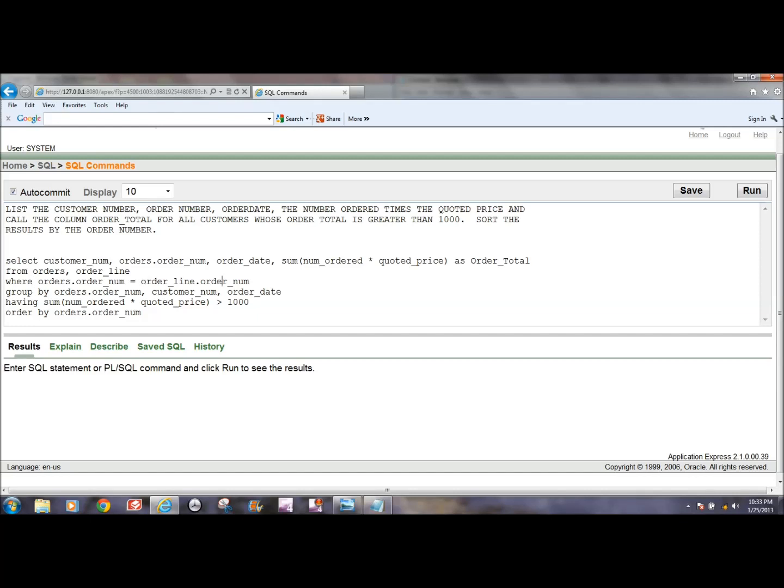line table. Now, since we used an aggregate function up here in our select clause, what do we have to do? We have to group all the columns that are not part of that aggregate function. So we say group by orders.order number, customer number, and order date, since those are part of our non-aggregate function columns that we want to